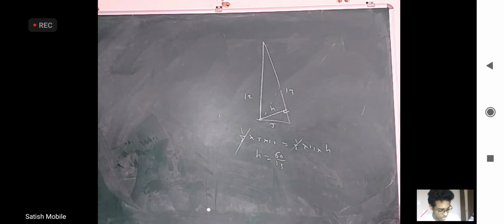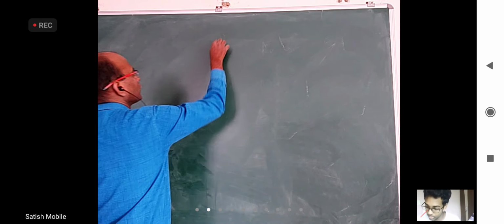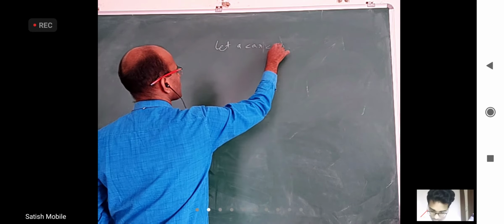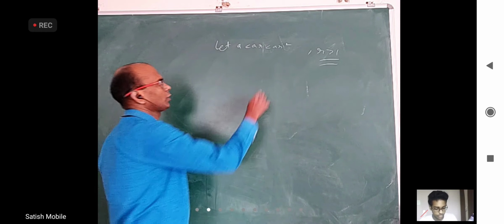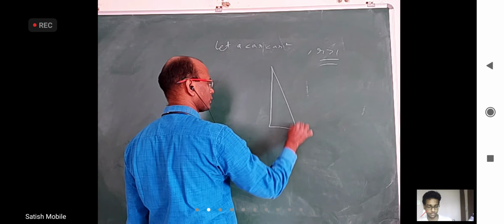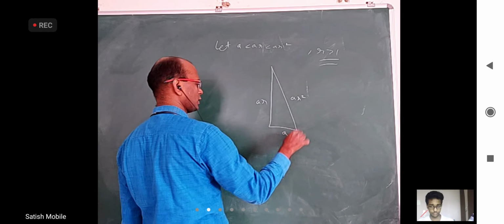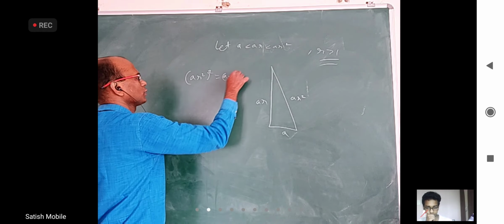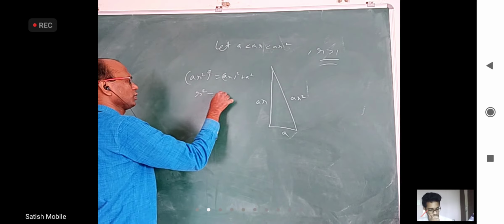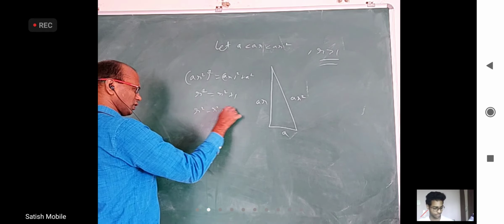Question number 6, okay. The sides of a right angle triangle are in GP. Then the cosine of the acute angle of the triangle, okay. So let a less than ar less than ar square. That is basically we are taking common ratio more than 1, let us say. Then obviously hypotenuse should be ar square. ar square, ar and a. Simply use Pythagoras theorem, we will get (ar square) whole square equal to (ar) whole square plus a square. r power 4 equal to r square plus 1. This is a quadratic equation in terms of r square.